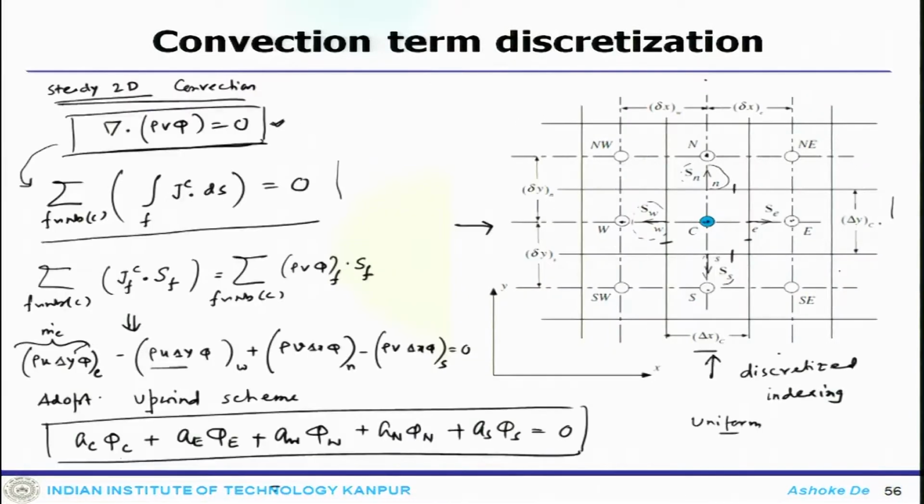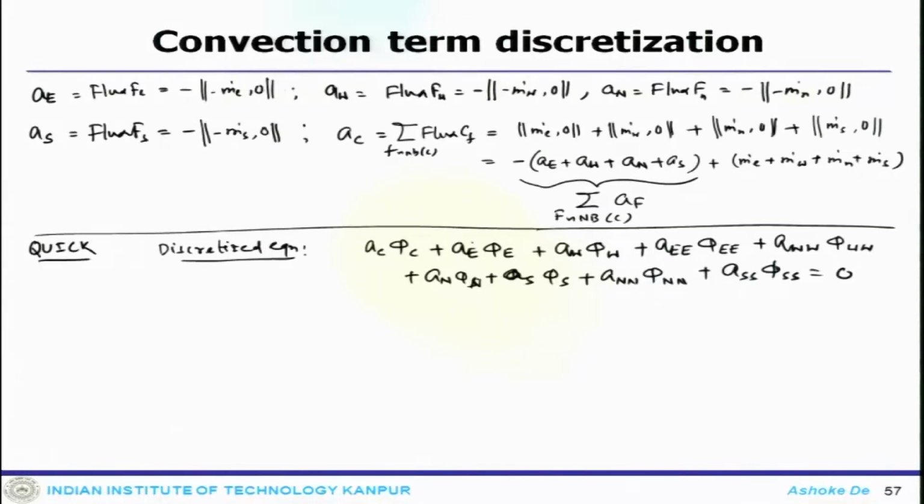As I said a few minutes back, since it is first order upwind, in every direction you just need 3 cells, in the x and y directions. If it is a second order scheme or a third order scheme like QUICK, you need 5 cells in each direction. Then, apart from these coefficients, you get these 2 more, and in the y direction these 2 more. So you end up getting many coefficients, and they would be computed as follows: AE equals